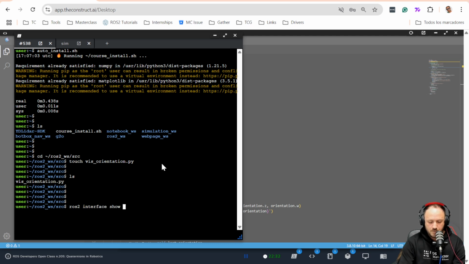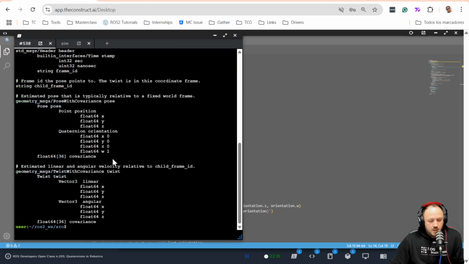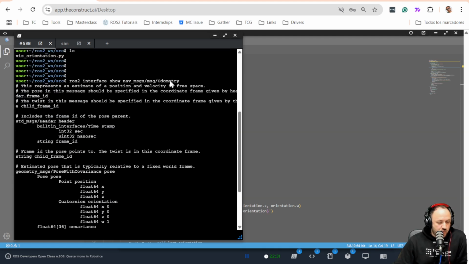interface show nav... sorry, I need to change my keyboard to Spanish. There we go. Messages, and then odometry. Okay, this command is going to show me the structure of the odometry message. Oh wait, I need to put here message, right? Yeah, there we go. Okay, so this is going to show me the structure of the odometry message used in